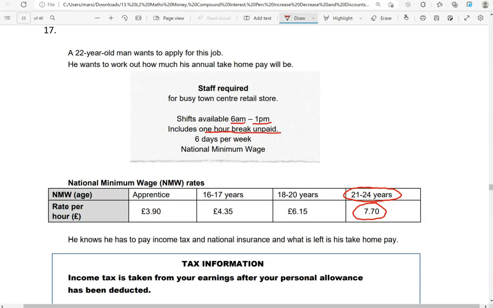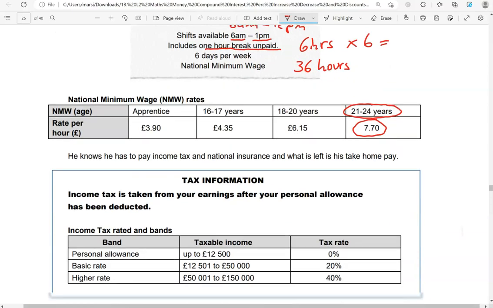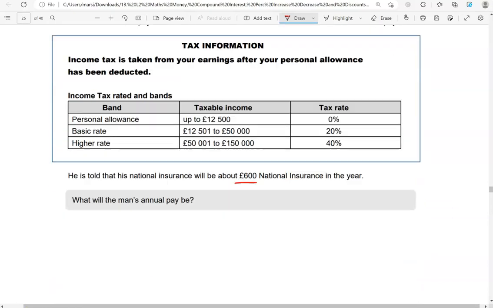So if we take away that hour, it should be 6 a.m. to 12 p.m. So 12 take away 6 gives us 6 hours. 6 hours, 6 days per week, so that is 36 hours. So 36 hours times 7.7